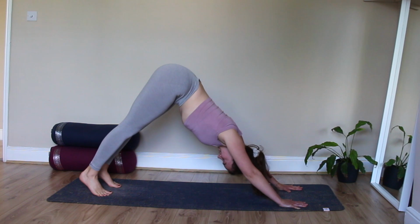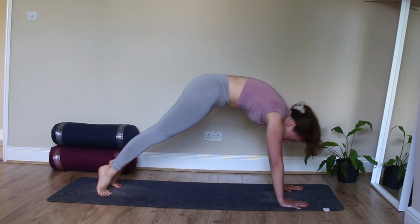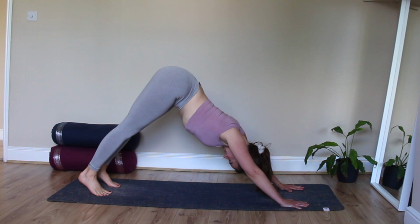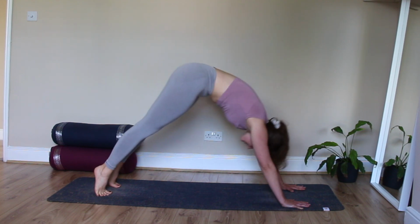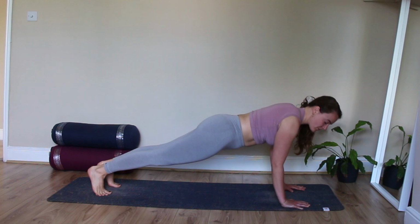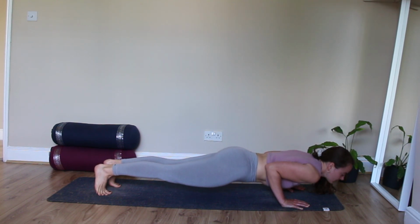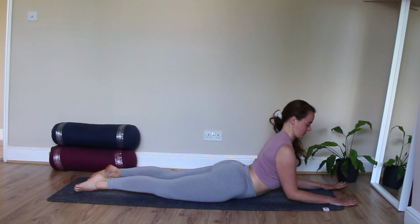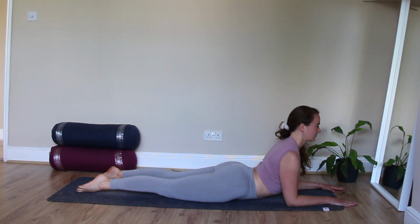Exhale, bend the knees as you reach your hips up and back, downward dog. Flowing through one more round of ripple. So inhale, plank. Exhale, downward facing dog. Inhale, ripple forward into high plank, breathing in. And exhale, chaturanga, slowly with control, lower yourself all the way down onto your belly, sliding your forearms forward into